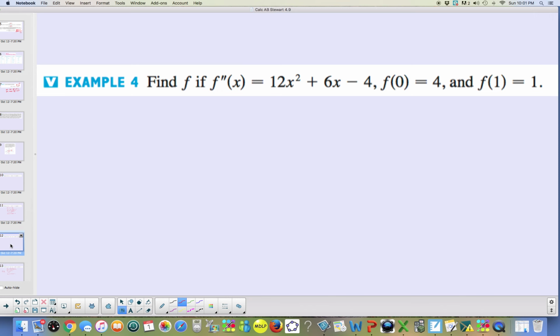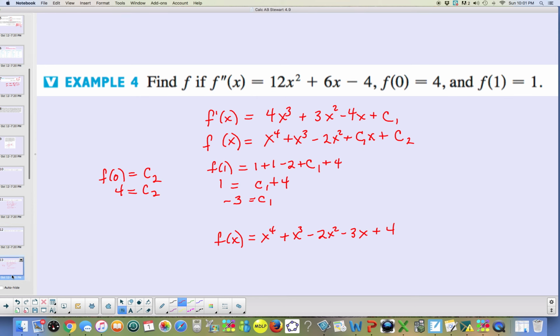Okay, here's a second chance. You're going to have to take an antiderivative twice. Stop the screencast and try. Here's the answer. I'm taking the first derivative by taking the antiderivative of this, and I call it c sub 1. Since I'm going to do it twice, I'm going to have a constant again. And then I take the antiderivative again, and then this will be the second constant of the antiderivative, c sub